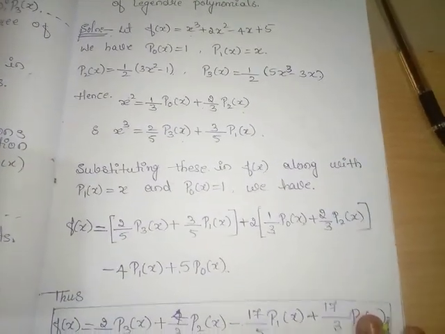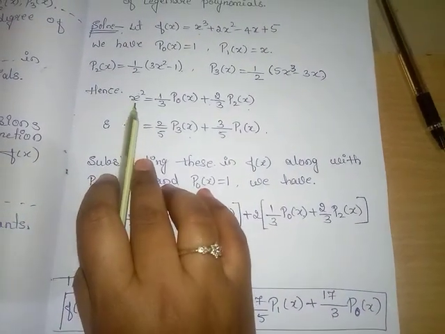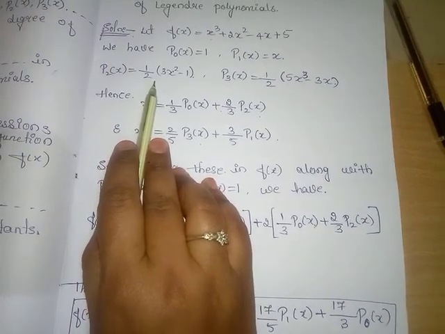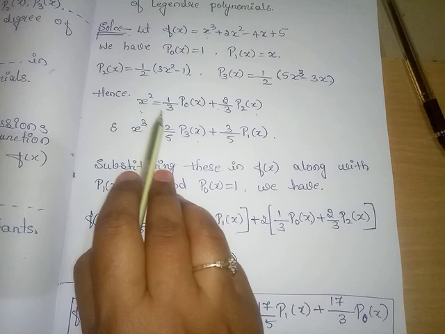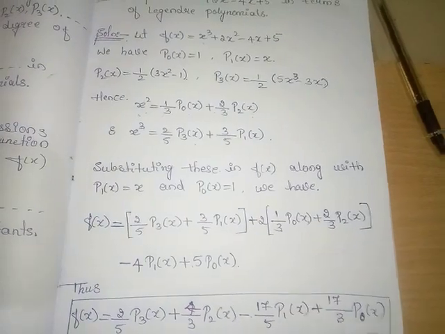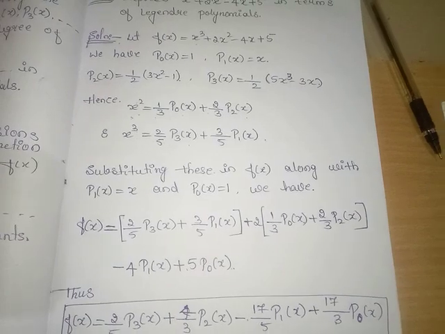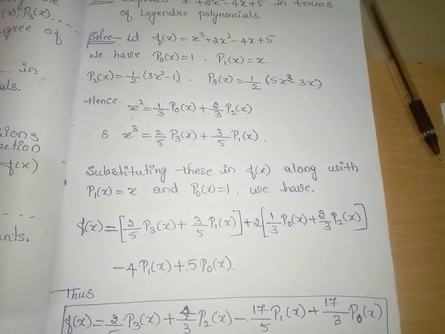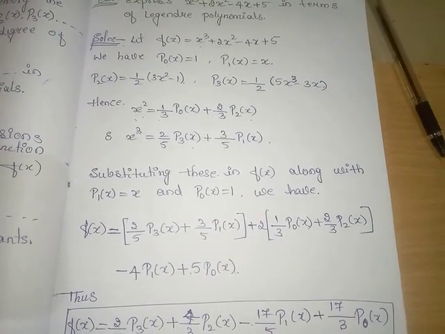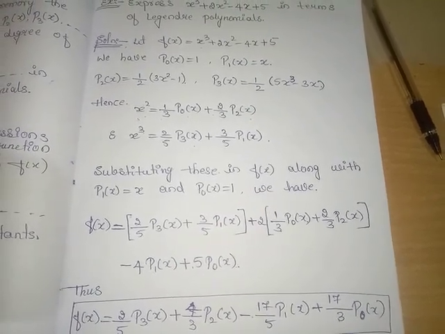First we have to write the Legendre's polynomials, and if you don't know these expressions for x square and x cube, then go from these polynomials, otherwise directly write x square in terms of Legendre's polynomial, x cube in terms of Legendre's polynomial. Better you remember all these results, meaning P0 of x, P1 of x, P2 of x, P3 of x, P4 of x at least, and x square in terms of Legendre's polynomial, x cube in terms of Legendre's polynomial, and also x raised to 4 in terms of Legendre's polynomial.